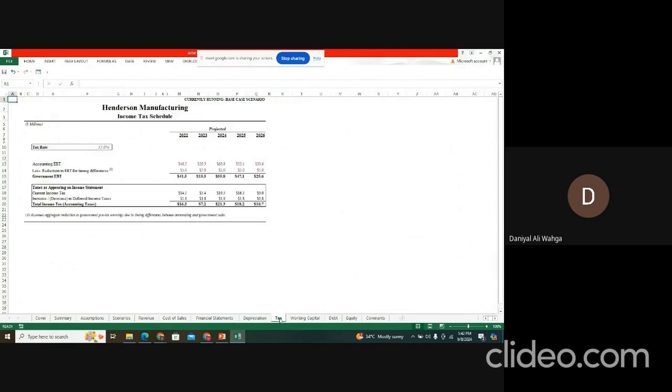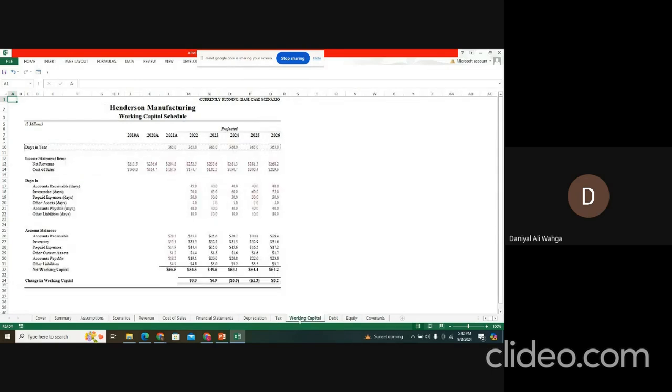And then next, you can see a tab on depreciation. The workings on the depreciation are available. It's a waterfall chart. Then I have a tax expense. I have my working capital detail, my current assets and my current liabilities. There's a net balance in the working capital, and then I get to see my changes in working capital. That is the ultimate part of my operating cash flows, as operating cash flow refers to my day-to-day operations and my cash flow workings. Then I look towards my debt working,